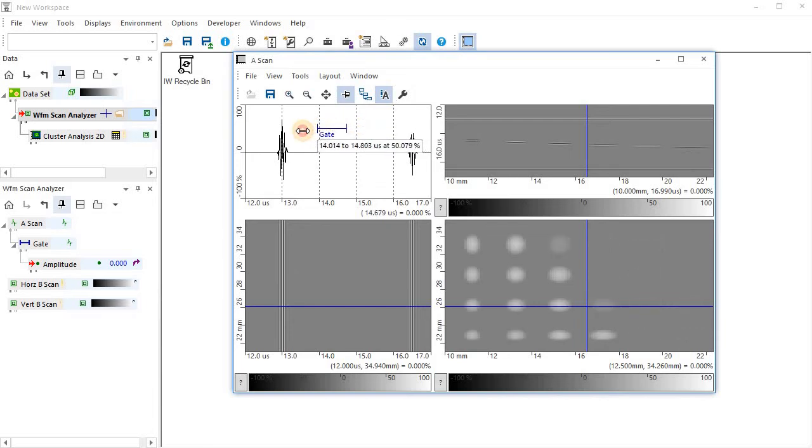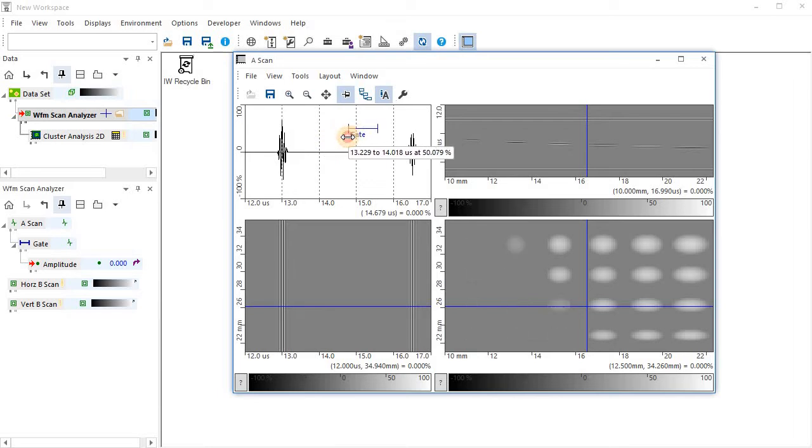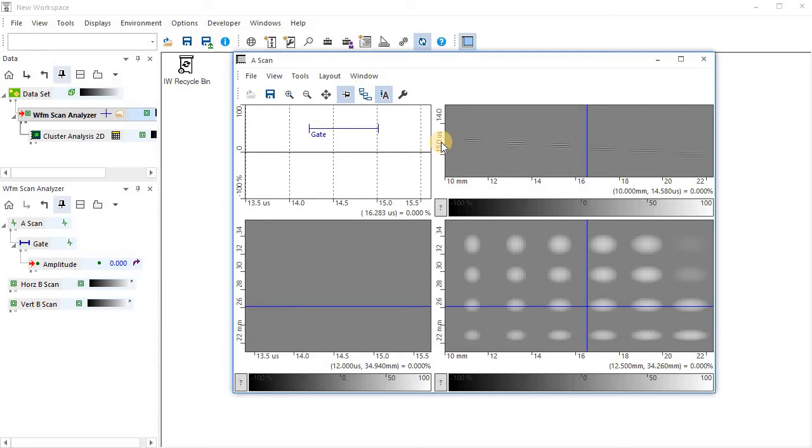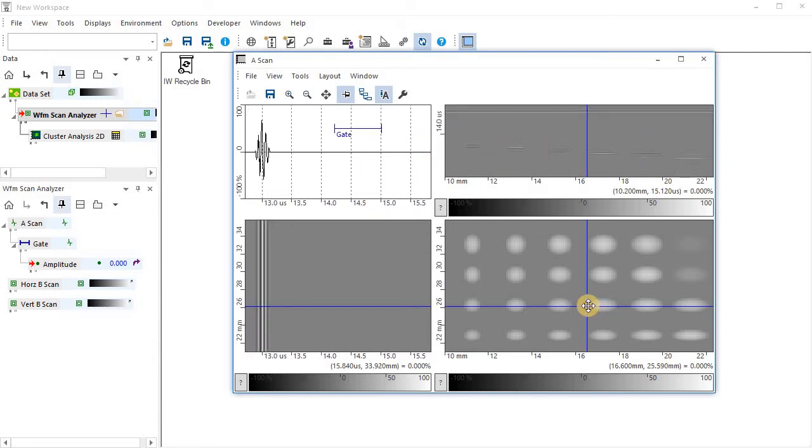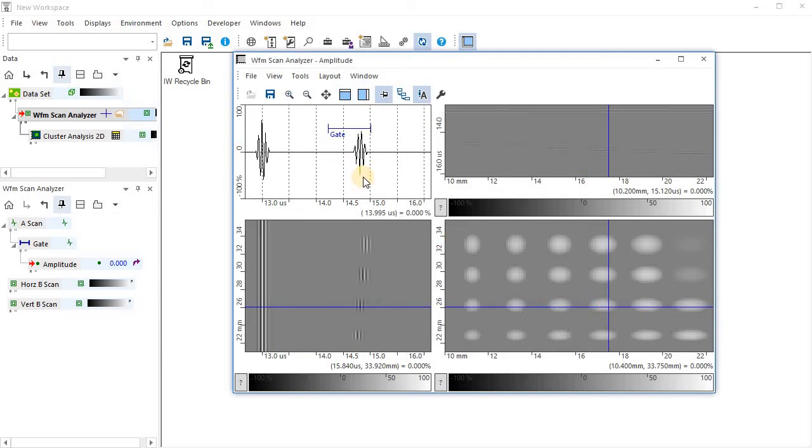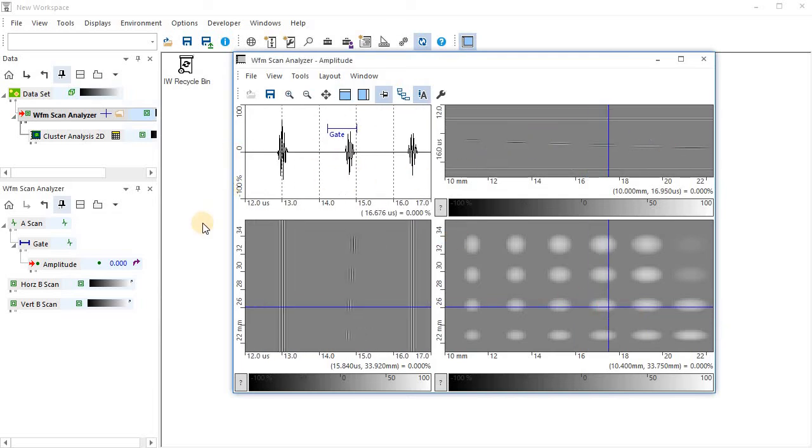But you can see that as I walk through the position on the first waveform, those dots come and go, because if you look in here on this cross section, they're at different depths. So that's what that's about. And I was zooming in there. Okay, so how the execution of this tree goes is this waveform scan analyzer takes each original waveform from the